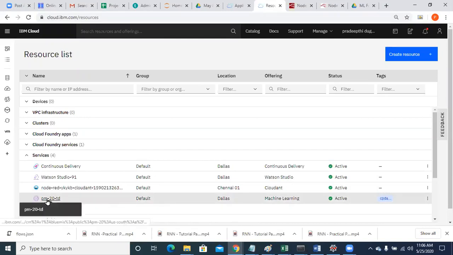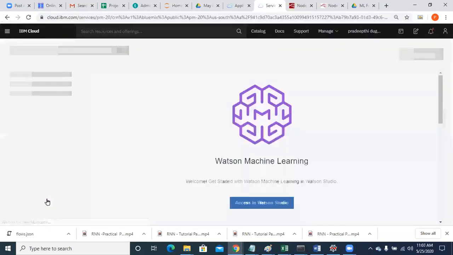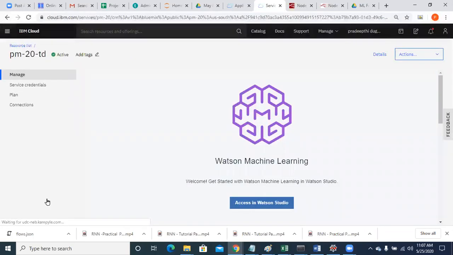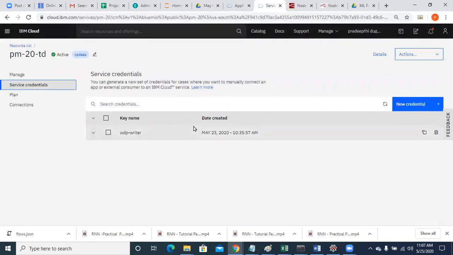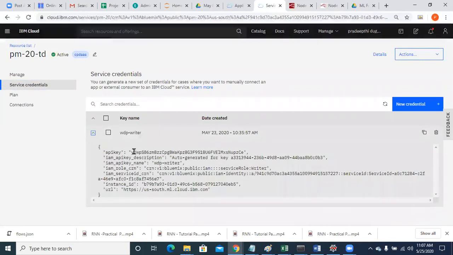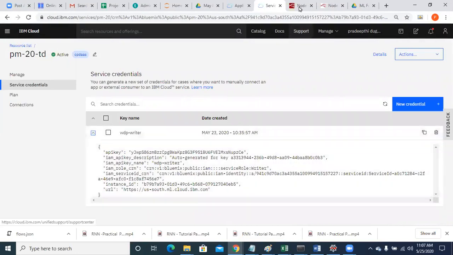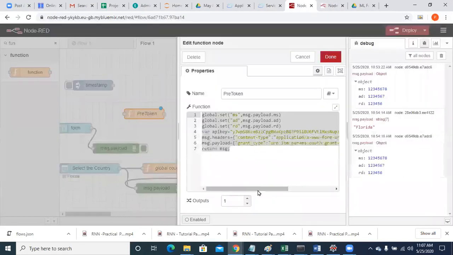So click on that. You will be redirected to your service page. In that, go to service credentials. Here you will have some credentials which are already created. Now just scroll down, copy that and paste it over here.